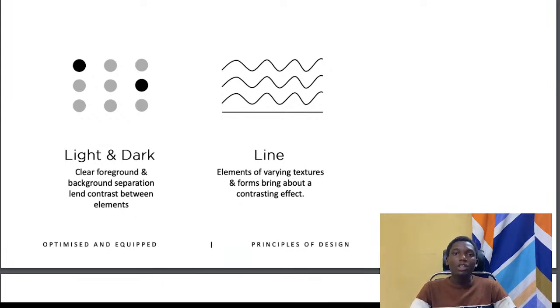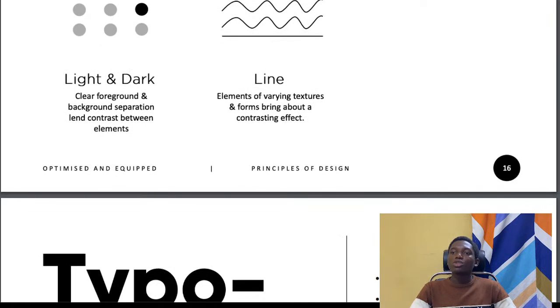And if you are trying to understand the principle of design, you need to understand that if you are placing something on a darker background, it needs to be a lighter component. If we are placing a texture on a darker background, it needs to be a soft texture. It does not really need to be a hard texture that you place on a darker background, because you need it to be important. You need it to be attractive. And if you want your design to be attractive, these are the basic things you need to understand. We are going to be moving